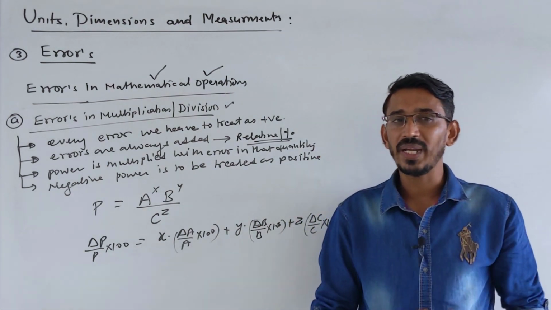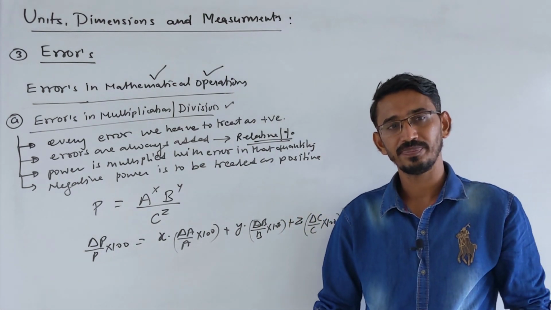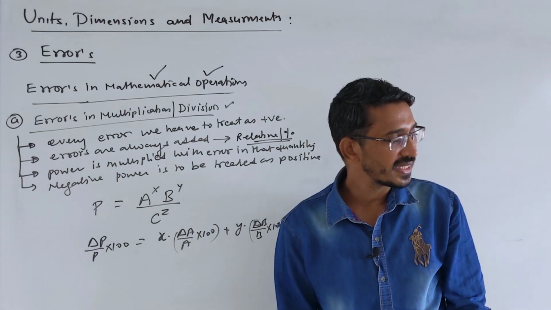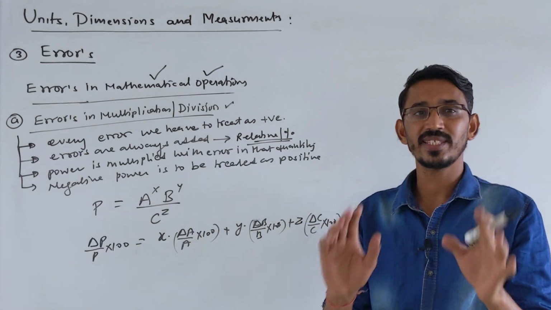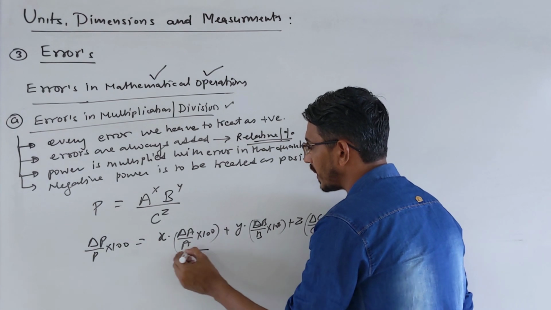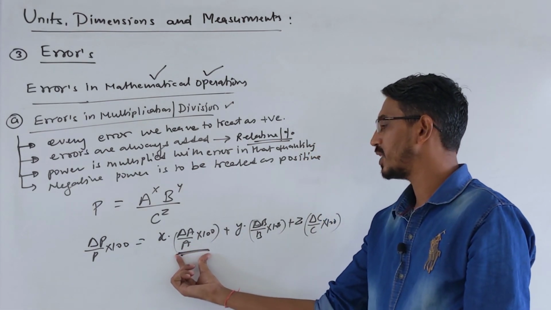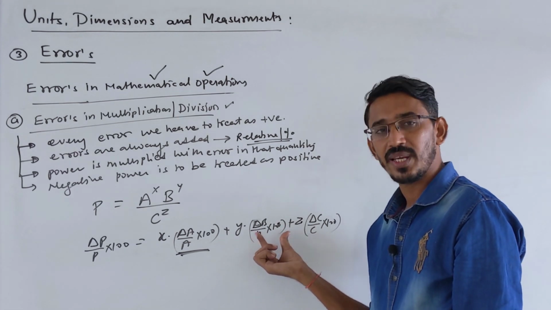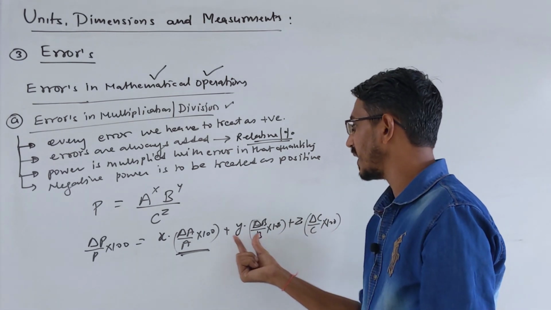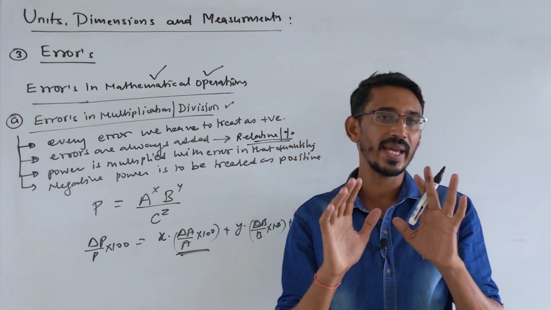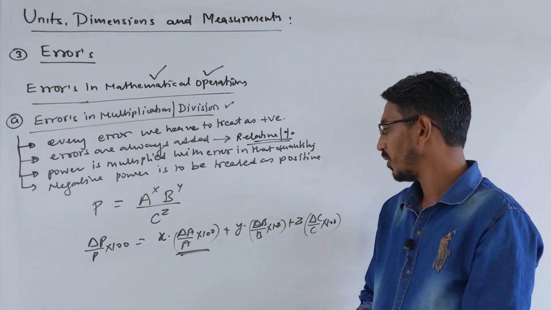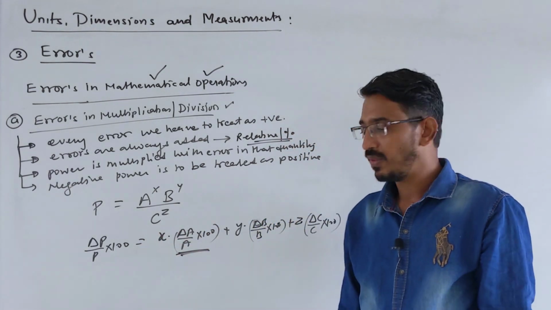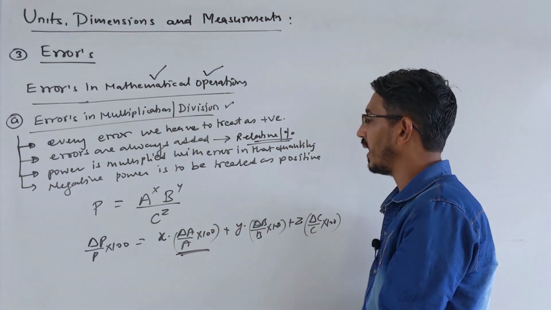Now we will talk about the pattern of the question, how they have asked in our exam. Okay, most of the time they ask a simple question where direct percentage error is given, because these values are nothing but percentages, like error in A is 2%, error in B is given 3%. These are the direct percentage errors. So sometimes they give the percentage error directly, and you just put it in the formula, that's our answer.